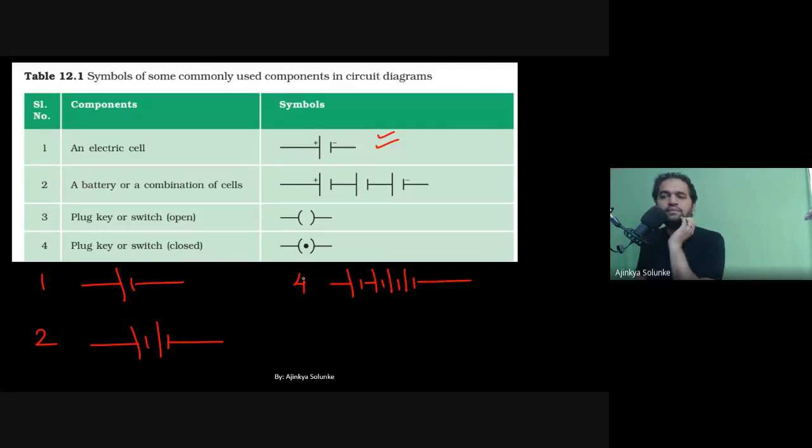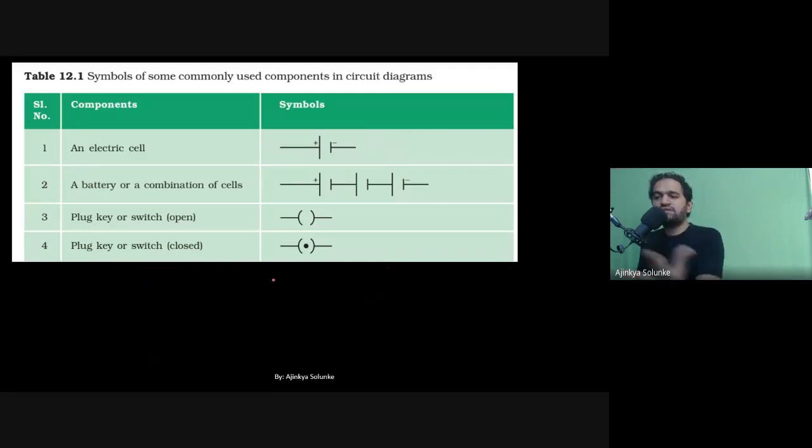And how many plus and minus symbols should I use? One mistake students make is thinking we have to use as many plus and minus as required. It is not the case. Plus and minus have to be given only one time: 1 plus, 1 minus. The symbols are not given between the lines. The plus and minus symbols have to be given only at the end. Nothing more than that.